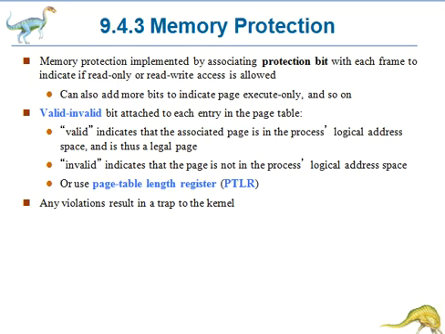Here, for example, in a system with a 14-bit address space, meaning addresses 0 to 16,383, we may have a program that should use only addresses 0 to 10,468, given a page size of 2 KB. So addresses in pages 0, 1, 2, 3, 4 and 5 are mapped normally through the page table. Any attempt to generate an address in pages 6 or 7 finds that the valid-invalid bit is set to invalid, and the computer will trap to the operating system, that is an invalid page reference.